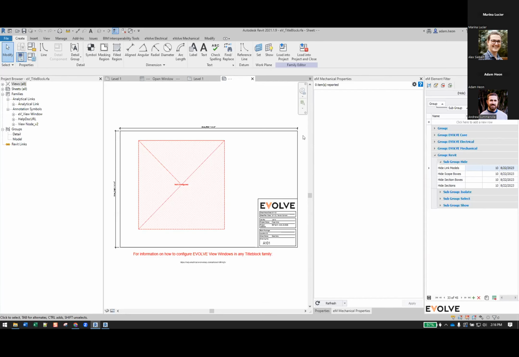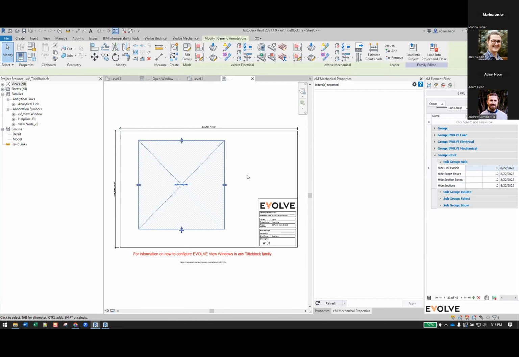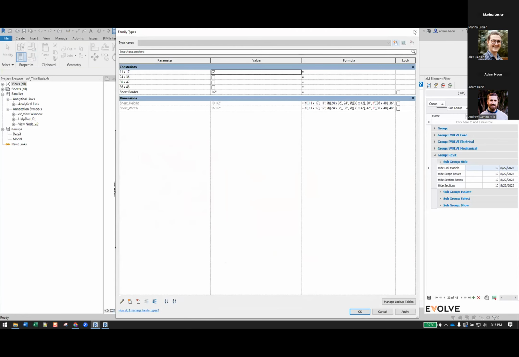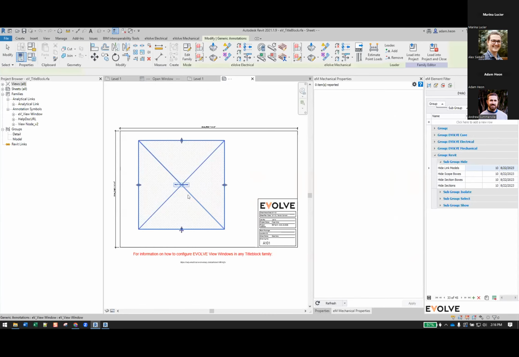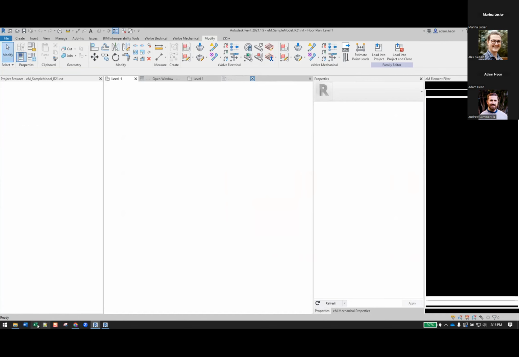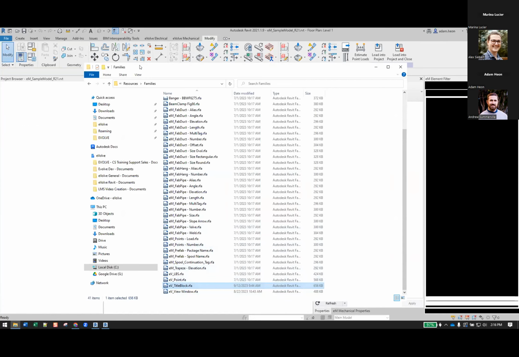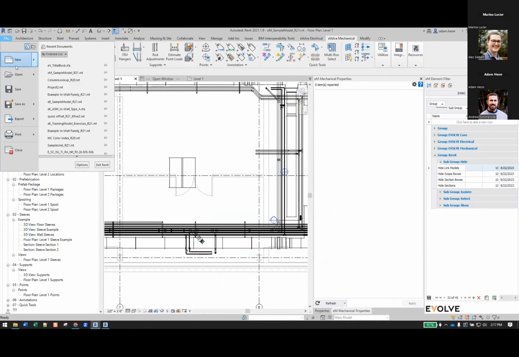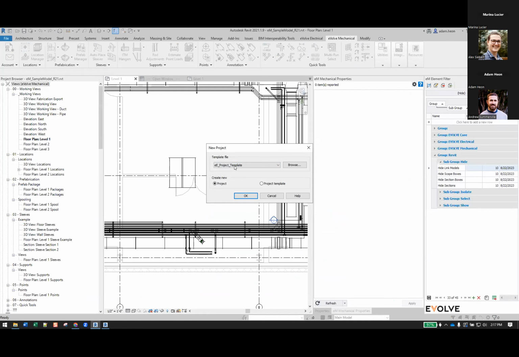So what you'll see is this title block is just a single title block family. It's parametric. It does all the different sizes. It has the view window in it, but it's not configured. So you can use this to create one from scratch. What we did do is we've also updated the template file. So there's now an EM project template. So if I were to create a new project here with that file,